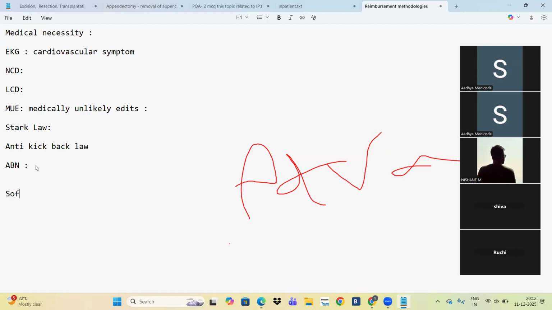Yes, tell me. Once again, tell me about ABN, advance beneficiary notice. What are the services not covered under insurance? If you go for treatment for a particular service, before the service we need to accept that this service is not covered under insurance, I am ready to pay. That form is the ABN.